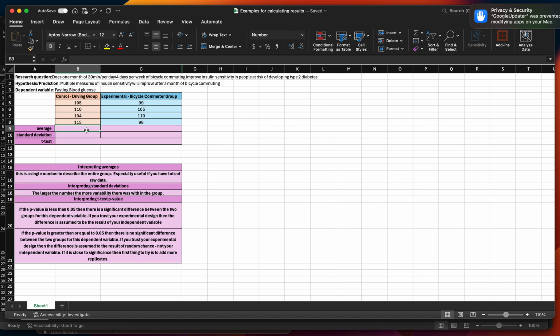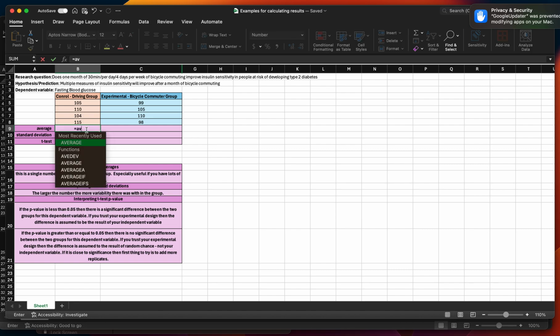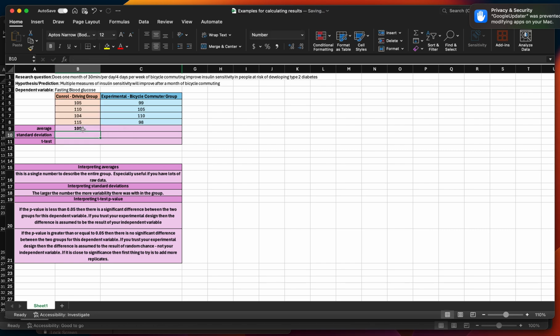So for average, you're going to press the equals button and you're going to type average. As soon as this pops up, feel free to just click it. Average, it's going to open a parenthesis, and then you'll select your raw data. In this case, my 4 people in the driving group. And press enter. For standard deviation, you're going to type equals